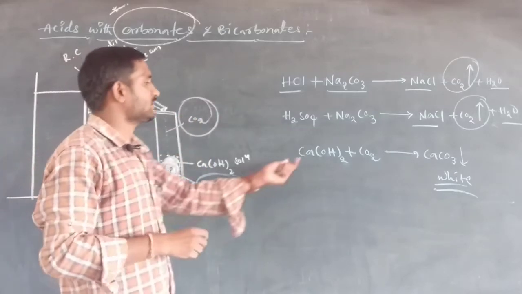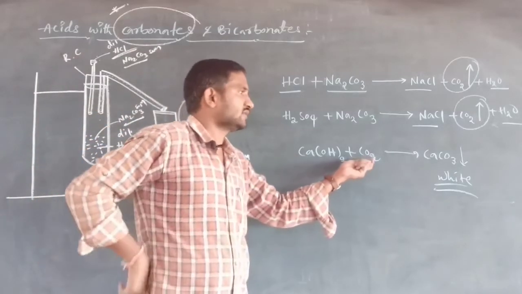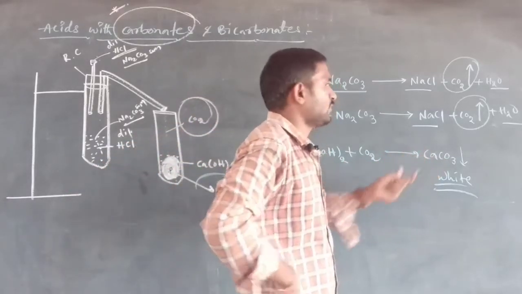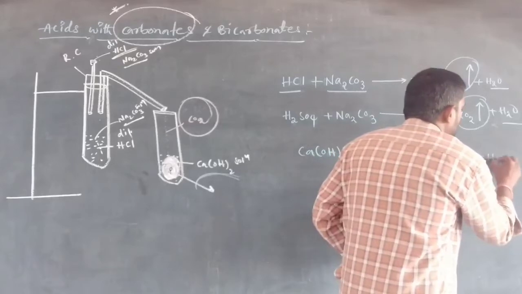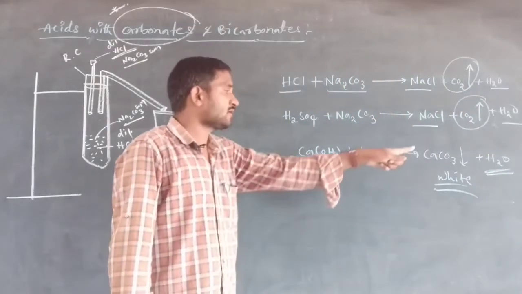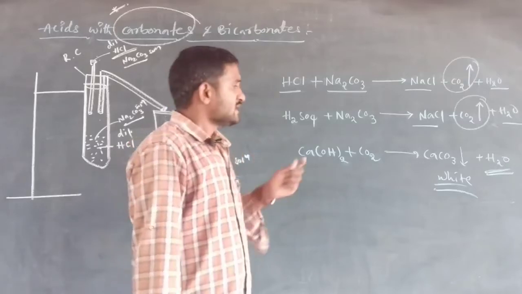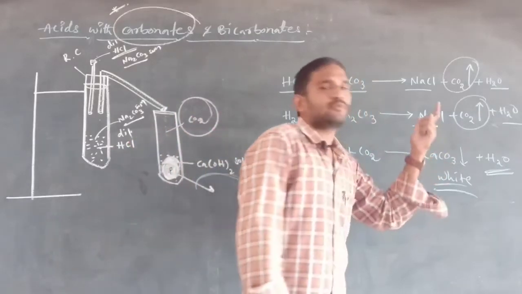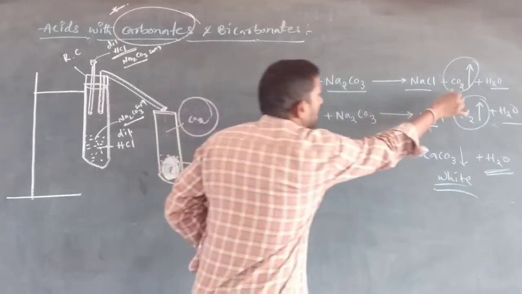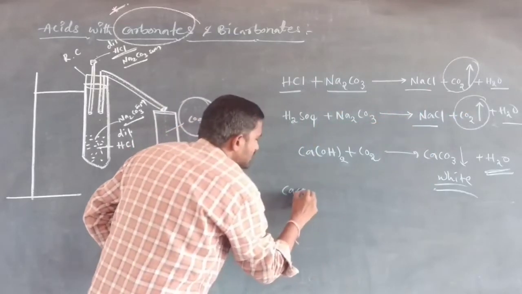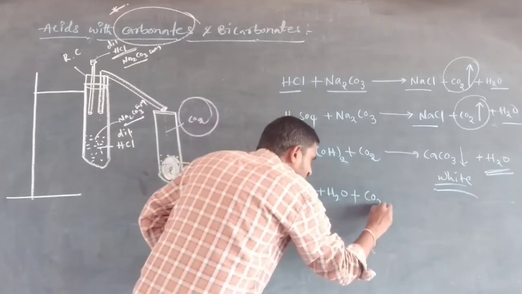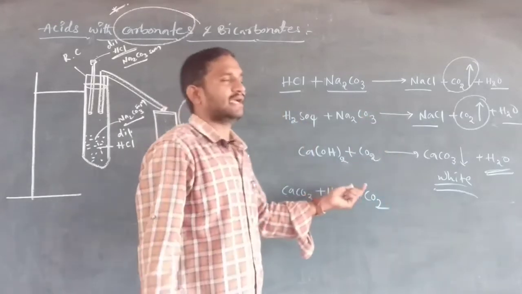When calcium hydroxide reacts with carbon dioxide, calcium carbonate forms, and some water molecules also form. Suppose to this calcium carbonate with water, I add some more carbon dioxide,